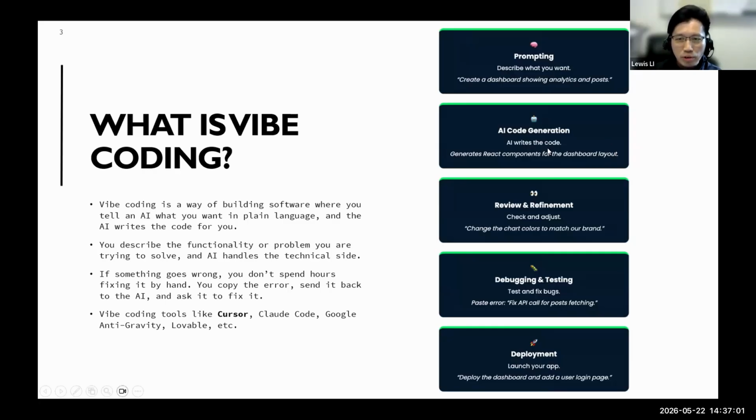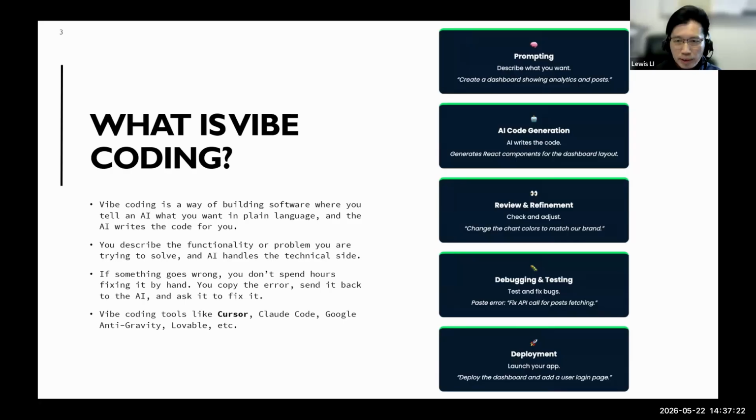After you generate the code, it's not just left there. You have to review the code. Even though you are not a programmer, or you have no knowledge about programming, you still have to take a look at the code, to see whether there are some security issues.